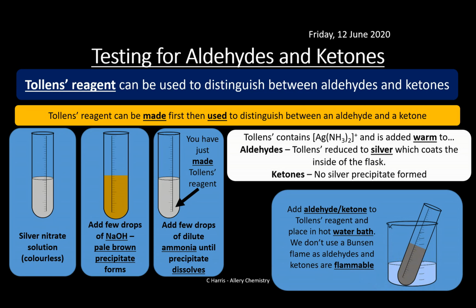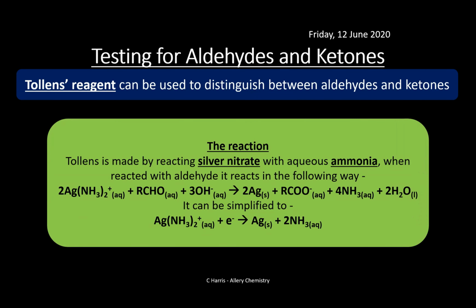So we need to know the reaction involved with this as well. Tollens is made using silver nitrate with aqueous ammonia. Remember, that's what we'd said before. And when reacted with an aldehyde, it reacts in the following way. So you can see here, there's our silver complex, reacting with our aldehyde, and it's got to be in an alkaline condition. So this is with aqueous ammonia, remember? So alkaline condition, and it reduces, so your silver here